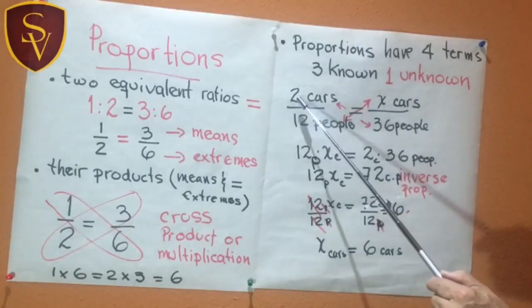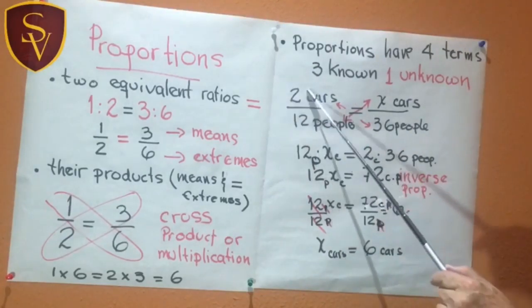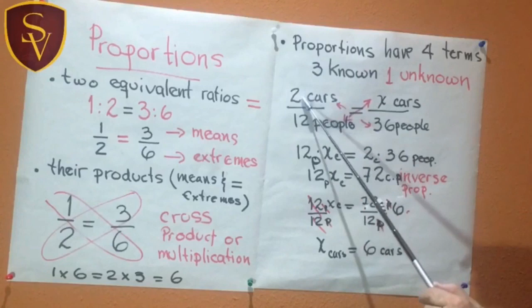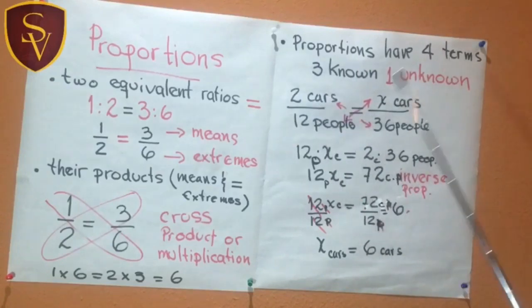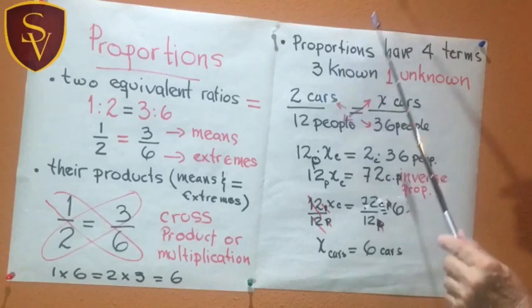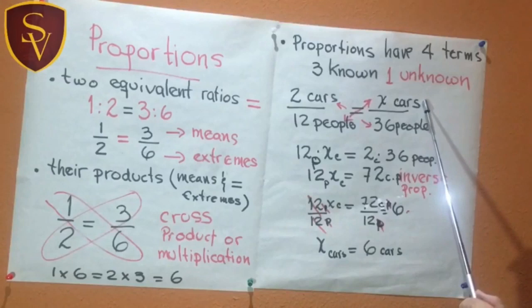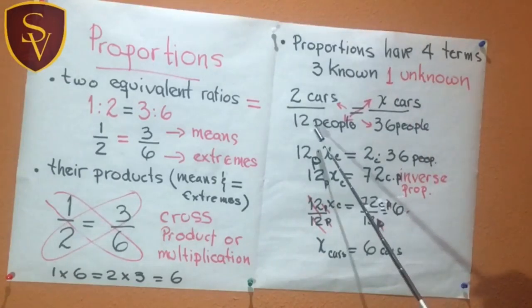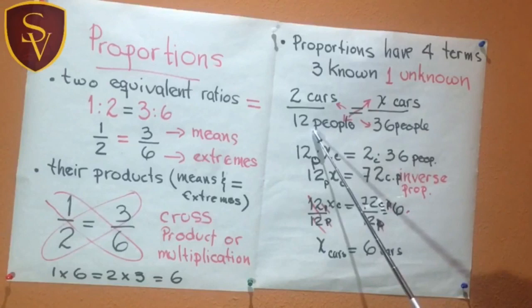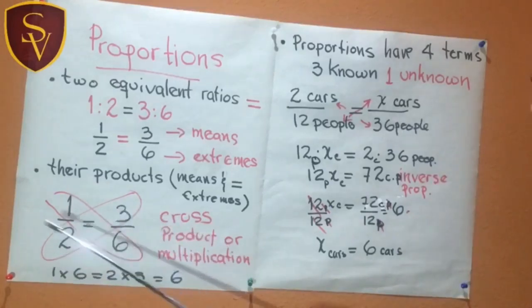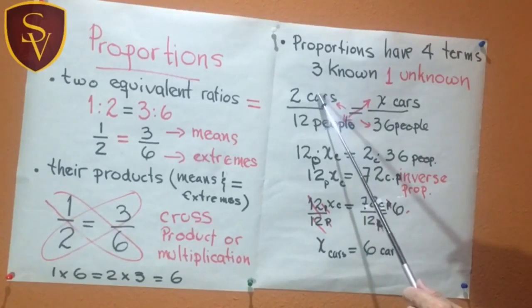As you can see, I am not only writing numbers, but I am also writing units or objects. But the most important part is that if I put cars on top, I should put cars also on top on the second proportion. If I put people in the bottom part of the first proportion, people should also go at the bottom part of the second proportion. Now I go to this property of cross product multiplication and I multiply 2 cars times